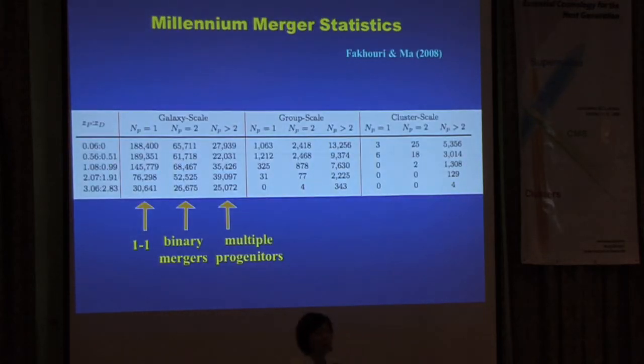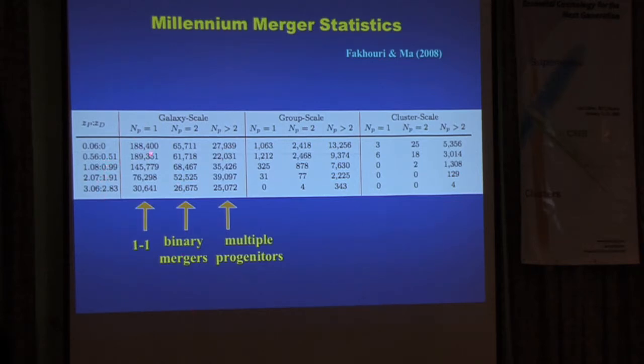Here are some numbers, just to give you an idea of what we have for studying halo mergers. We have put this into 10 to the 12th, 13th, and 14th solar mass bins. These are the redshifts we use to determine the rates. At redshift 0, we look at redshift 0 halos and their progenitors at 0.06. We've tested 0.02 versus 0.04 and 0.06, and we have some convergence tests in our paper about that. I won't go into the details here. And this is at redshift 0.5, 1, 2, and 3.